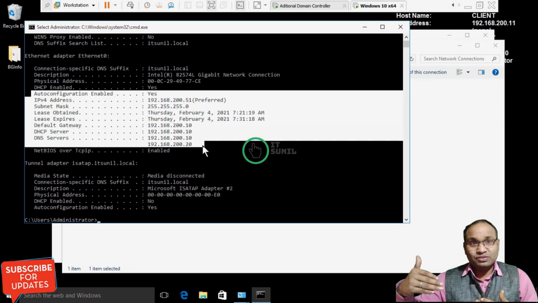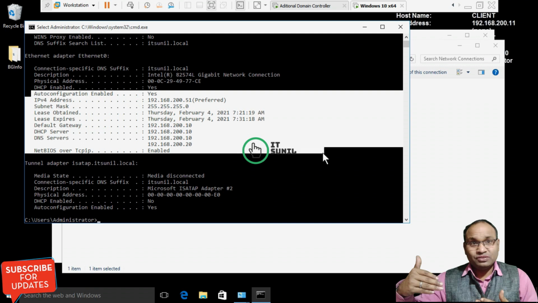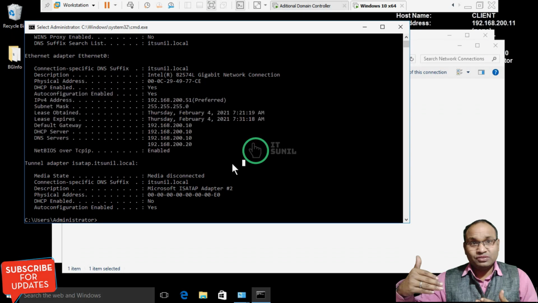My primary DHCP server is 192.168.200.10. If my primary DHCP server goes down for any reason, how can this client get an IP address?